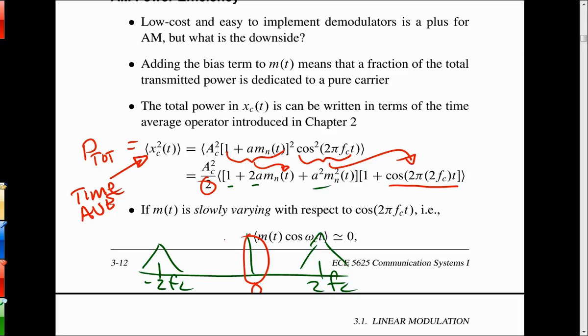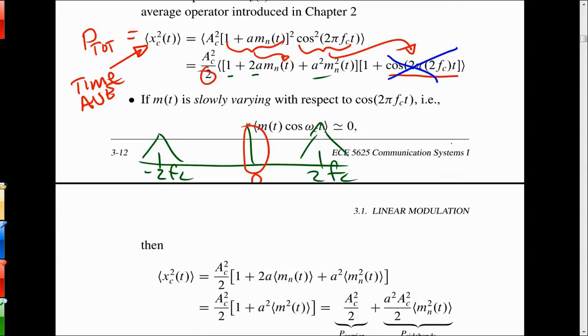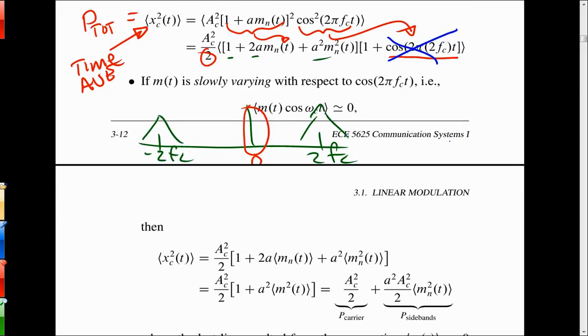That's why Fourier analysis can be so powerful. You don't have to sit there and think in the time domain. You can just reason it through and say, if the spectrum doesn't lap around DC, the time average can't possibly be anything but 0. So the impact of this term in this calculation can be eliminated because it doesn't bring anything to the final solution. So now we're just left with the 3 terms,